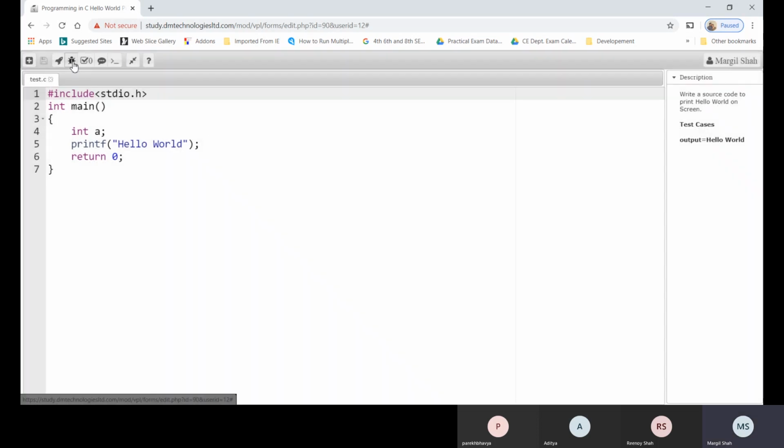Second, this might not be shown in your code, because in this particular practical I don't allow you to debug the code. So Alt F9 may not work, or this icon may not be there on your screen. Fine, don't worry, as this is not required right now for hello world. This is the third step, that is evaluate, Shift F11. You need to remember this one, because once you understand this is the correct code as I asked, then you need to click over here, evaluate.